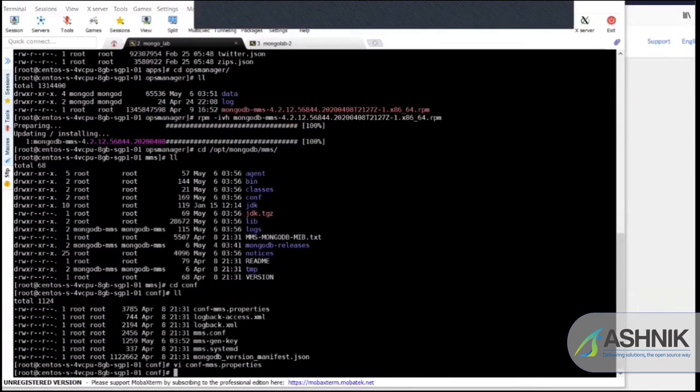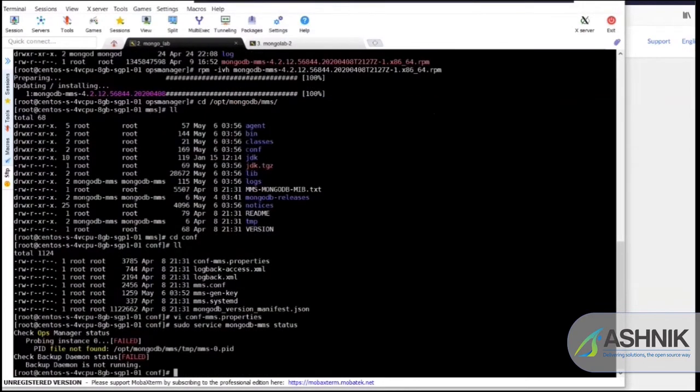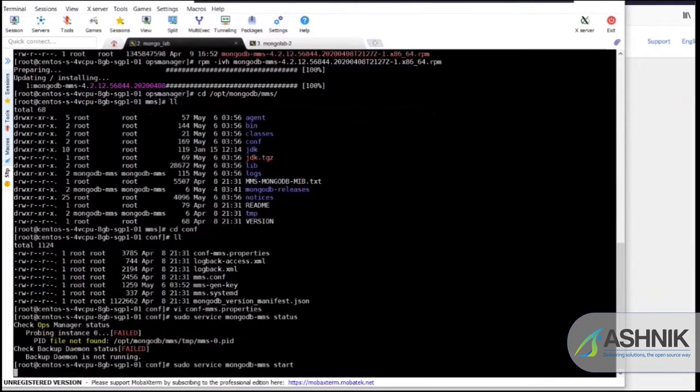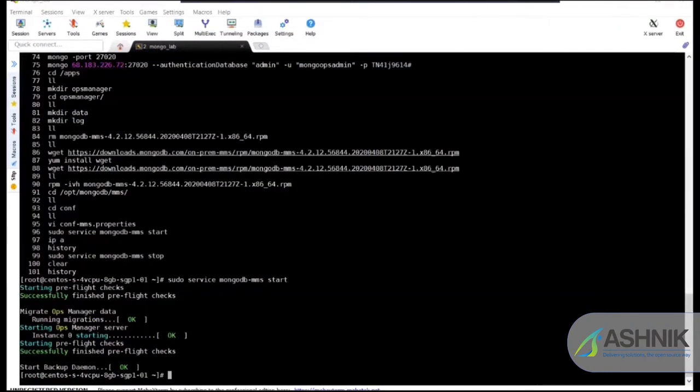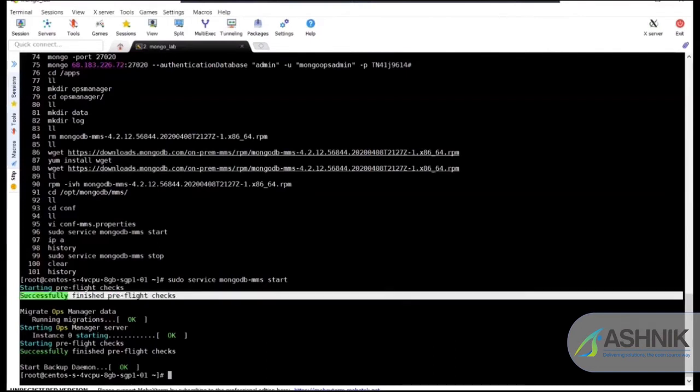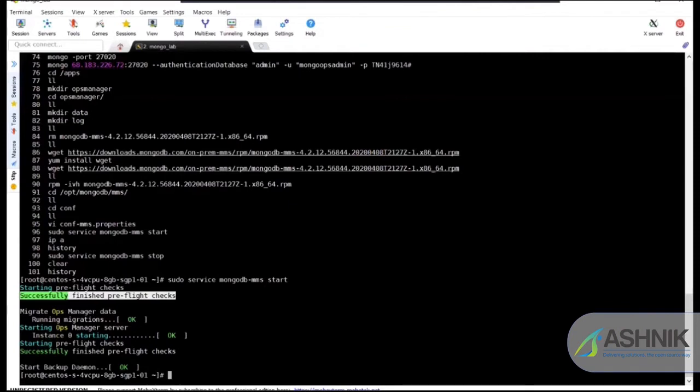Start the service now. Once the service is started, we can see the successfully finished pre-flight checks. This process will take some time when you run your Ops Manager setup initially, because in the backend it will go and create 100-plus databases on your opdb instance.